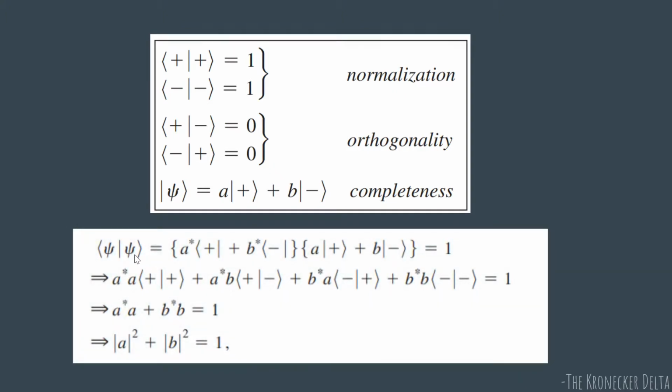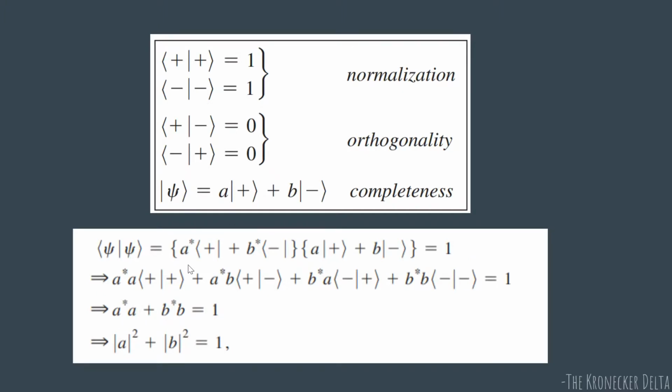Now, if we apply this definition of normalization to this ket psi, what do we get? You had psi written as this. You take its bra. The bra will have A star and B star, and the kets get converted to their bra forms. So we take the bra form, A star bra plus plus B star bra minus, and then you write psi as it is and multiply them. This product should be equal to 1, because that is what we demand for normalization. Normalization means that when you take the inner product, it should come out to be 1.